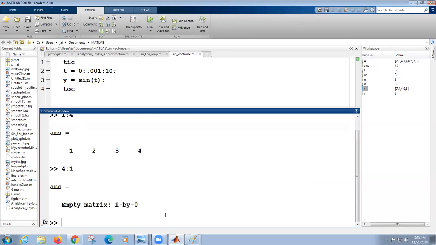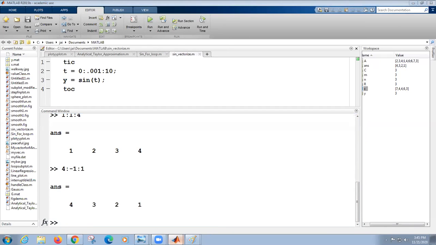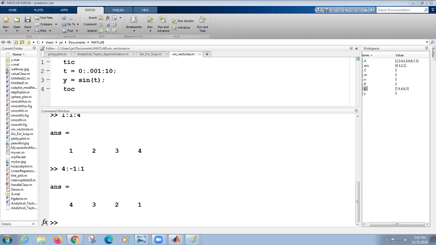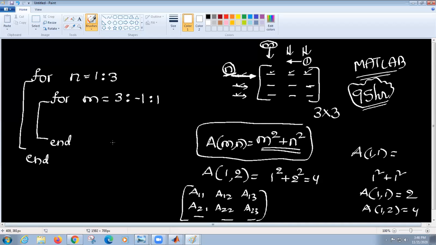You can't define it like this. So what do we do now? See, by default you're incrementing. When I say 1 colon 4, it is 1, 2, 3, 4, so you're incrementing every number by 1. If you want from 4 to 1, you have to decrement, right? So decrementing every element by 1, now we get 4, 3, 2, 1. Yes or not? Yes, sir. So in second year only you came to know this. Your seniors struggled to give this answer in final year. Finally, no one gave that answer. No one.